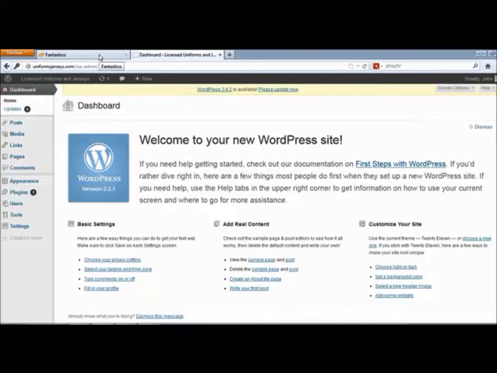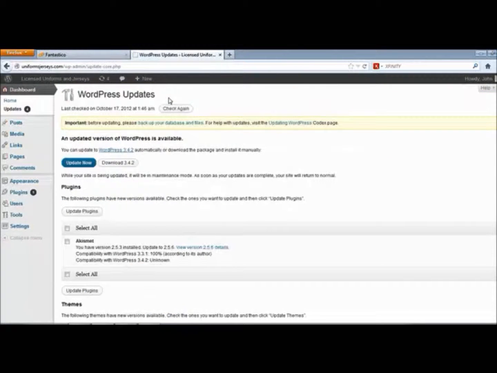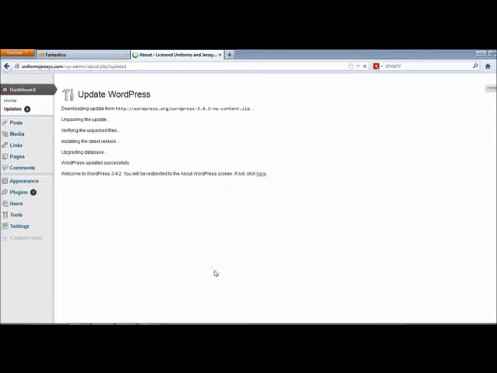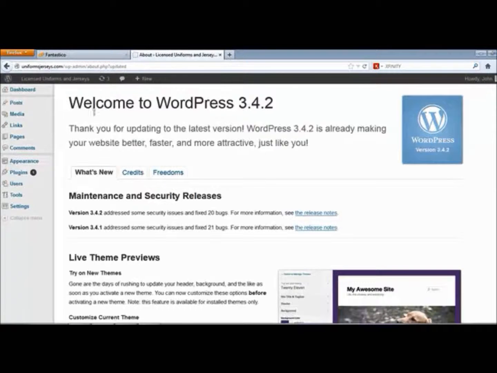The first thing you want to look at, the top here, it's going to say you can click here to update. Or better yet, just so you always know where the updates are, on the left hand side under dashboard, it's going to say updates. So what you want to do is scroll down here. An updated version of WordPress is available. You can update WordPress 3.42 automatically, and again, this version would vary if there's a newer version out there. So you're going to just choose update now. It's really simple to do that. You just click update now, and after you do that, it's going to say welcome to WordPress